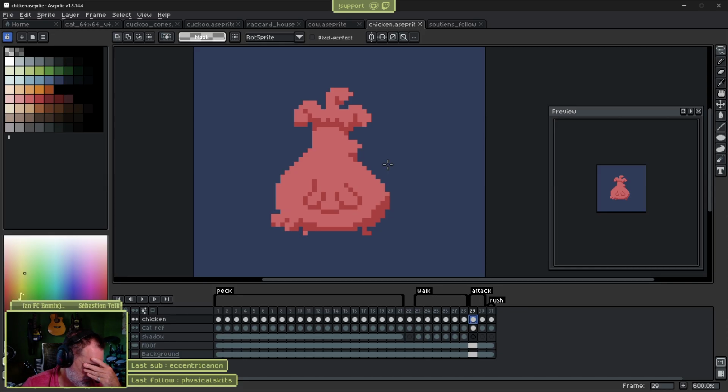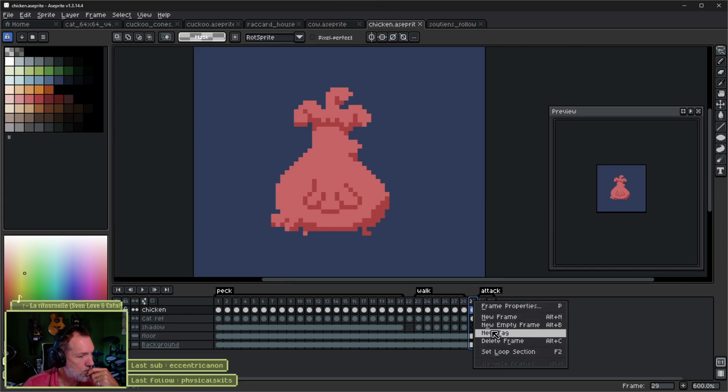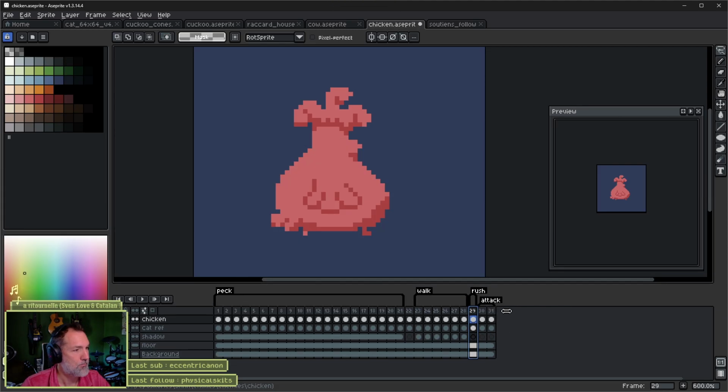Maybe I need the posture of the chicken when it's flying, because the big animation will start from that state, from that posture, from that stance. So maybe I need a rush before that. And rush basically